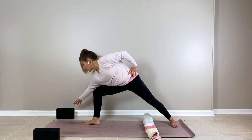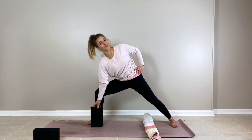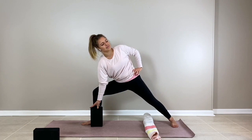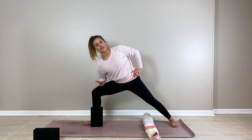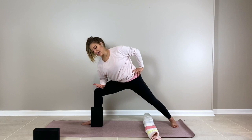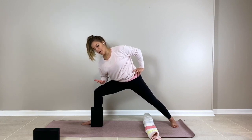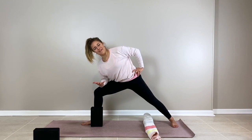If you'd like more support, your blocks are here for you. Whatever you're using as a block. Take one more breath in here. And a breath out. Instead of lifting up your hand and arm, if it's on your leg, just think about what it would be like to lift it. That'll already bring more strength into the body, getting ready to hold you, and then we'll